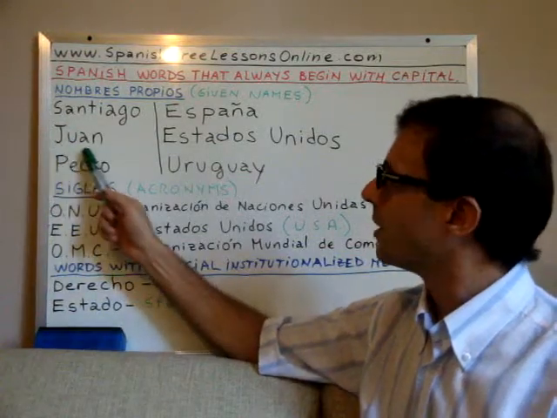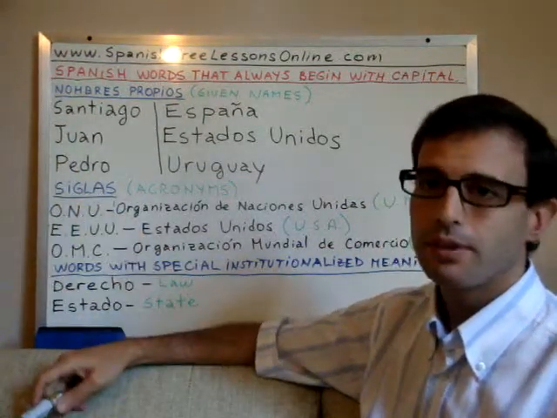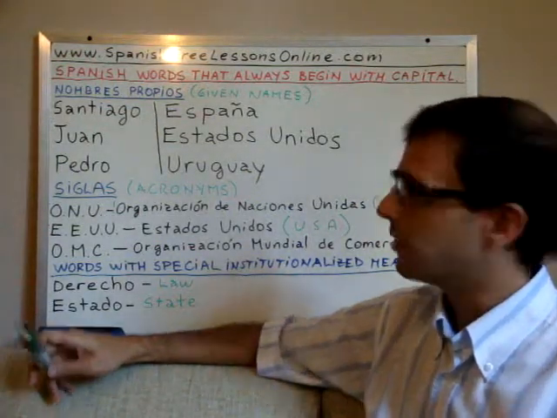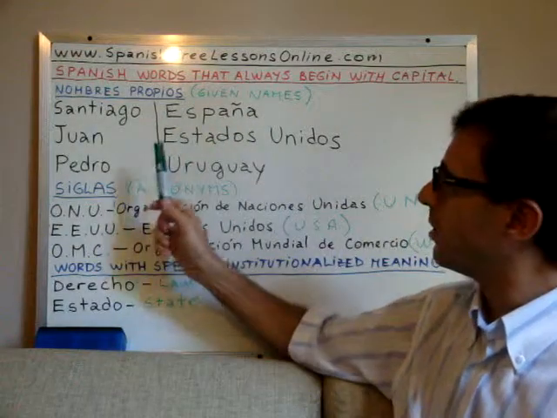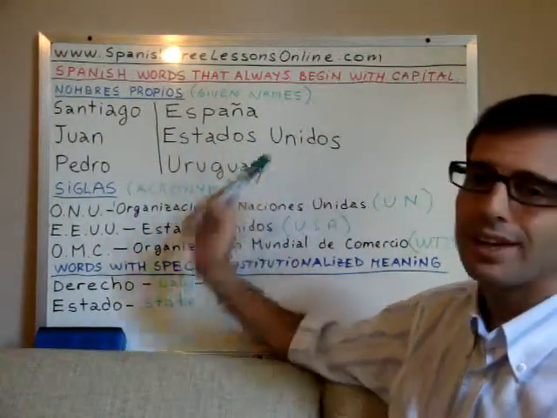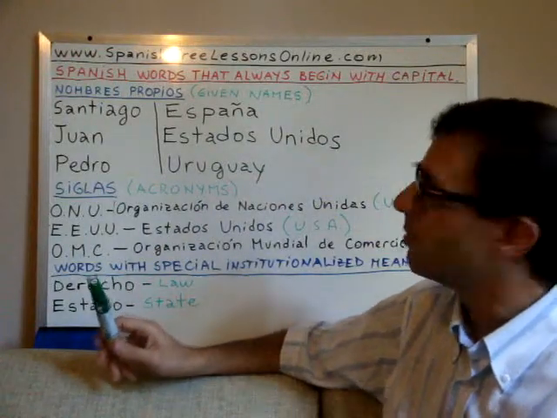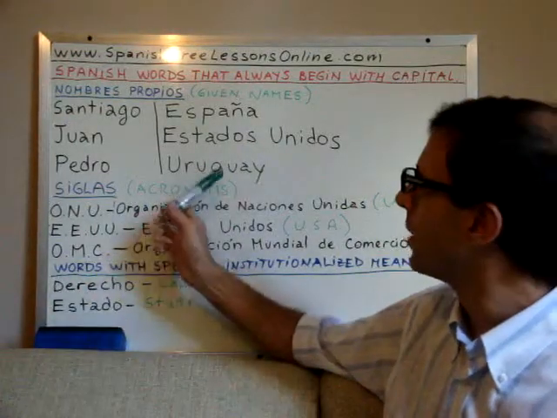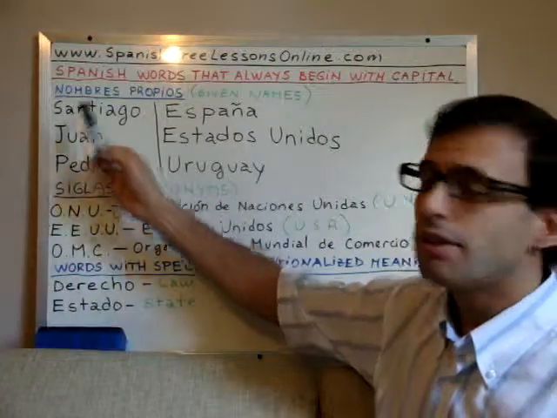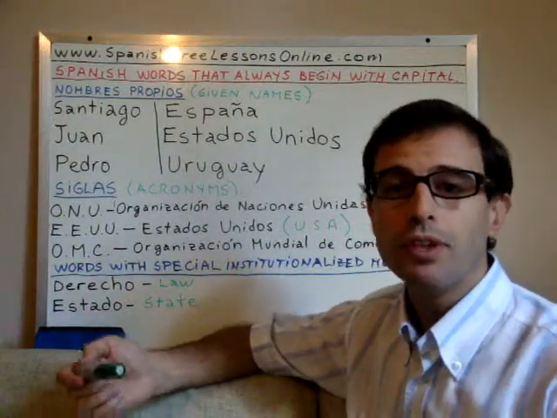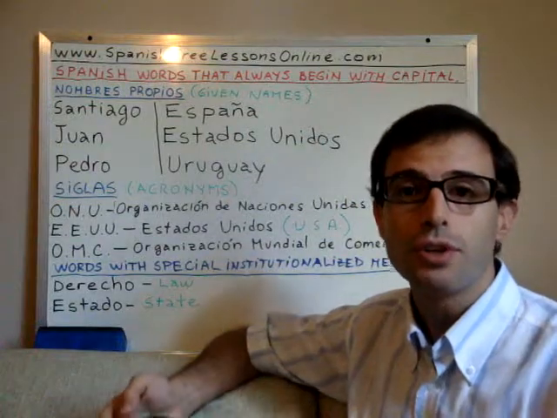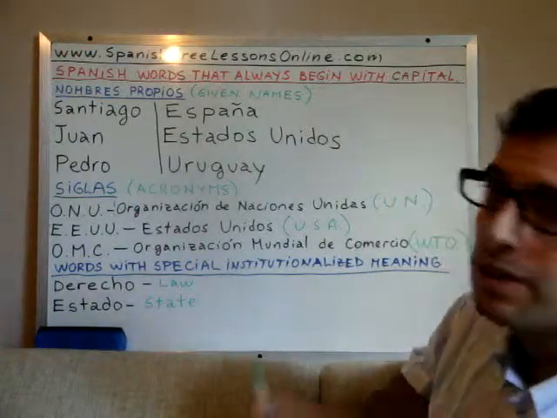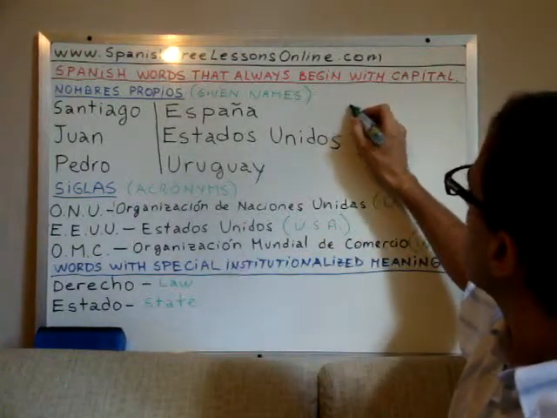Santiago. Juan. Pedro. Also, given names include names of countries like España for Spain or Estados Unidos for United States, Uruguay, this is my country, Uruguay. And given names also include the names of institutions. So when we refer to the church, we always write it with a capital I,